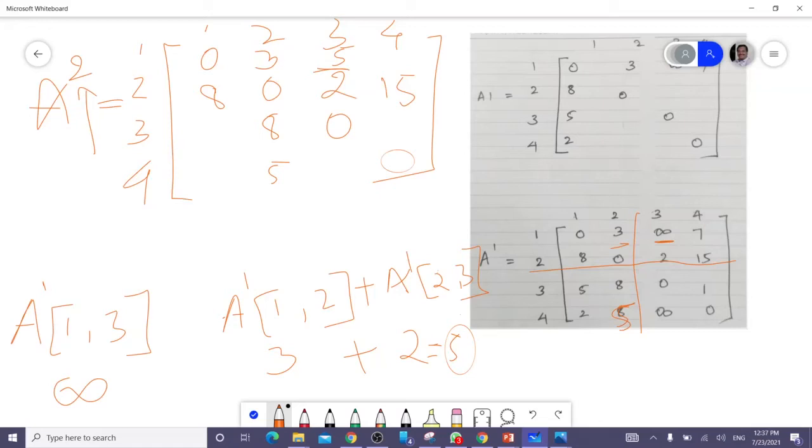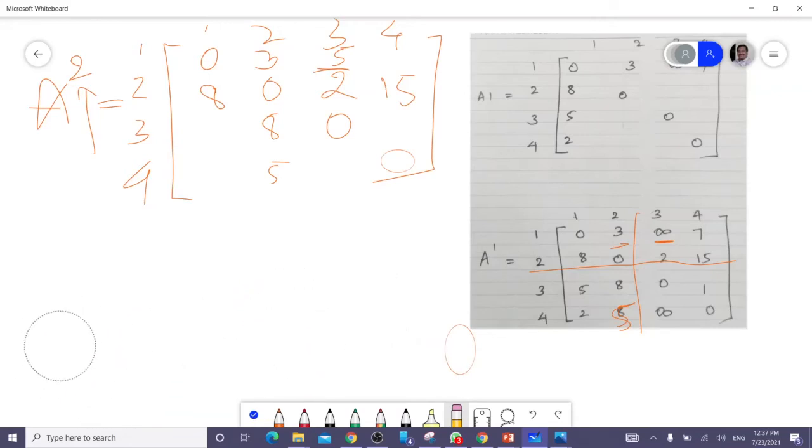So once that is done, the next element that you have to find here is 1, 4.